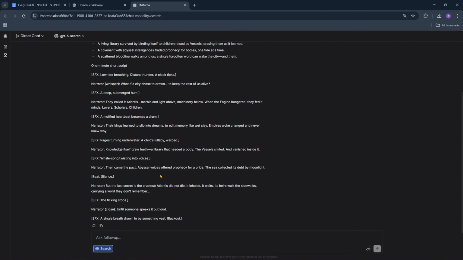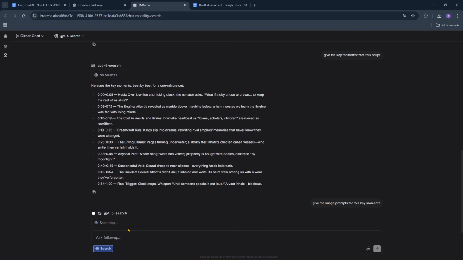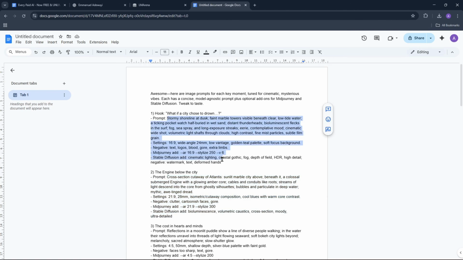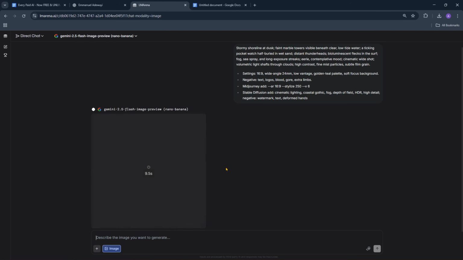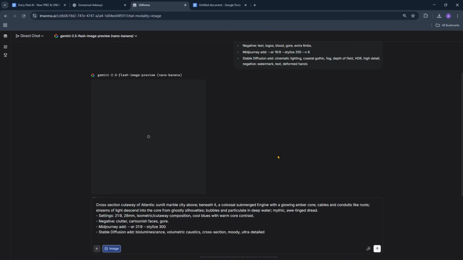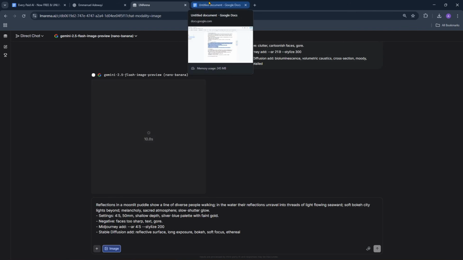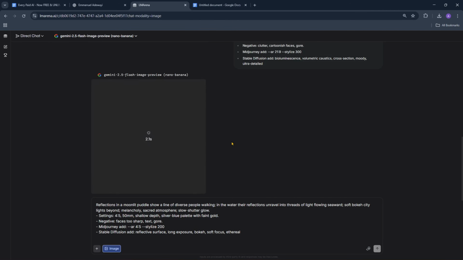Step 2. Visuals. Pull key moments from the script and create images in Nano Banana. Stormy shoreline at dusk, faint marble towers visible beneath clear, low-tide water, a ticking pocket watch half buried in wet sand, distant thunderheads, bioluminescent flecks in the surf, fog, sea spray, and long exposure streaks, eerie, contemplative mood, cinematic wide shot, volumetric light shafts through clouds, high contrast, fine mist particles, subtle film grain,